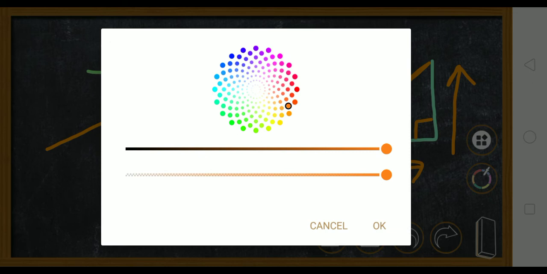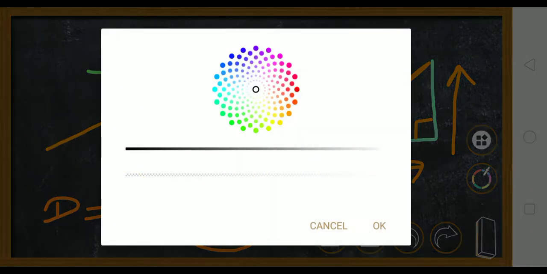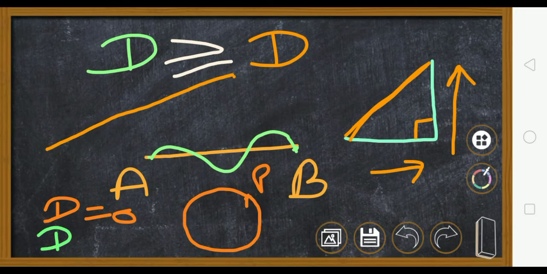Suppose my body started from here, went here and came back over here. So the initial position is the same, say point P, and the final position is also point P. So there is zero displacement. Where it started, it came back and stopped at the same place. So the displacement is zero. But the distance will be the circumference of this circle. So displacement will be zero but your distance will be equal to the circumference of the circle, that is 2 pi r.